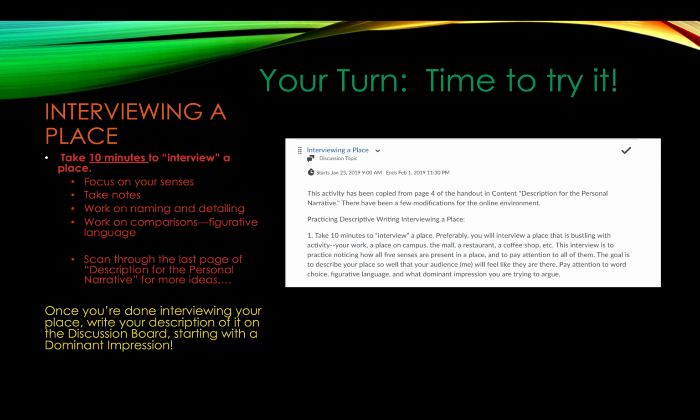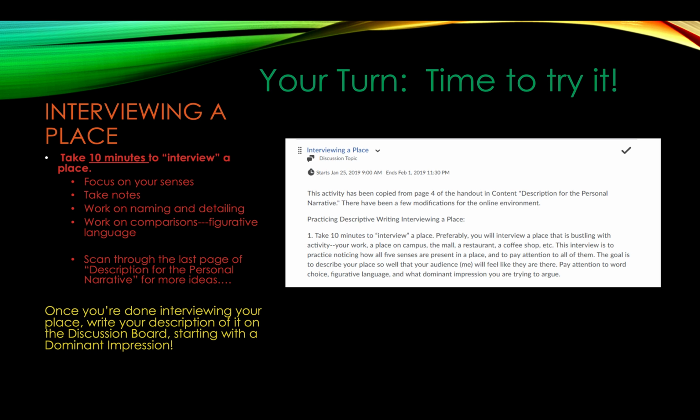I would like you to go somewhere where there's a lot of people and a lot of things happening, and spend 10 minutes with your notebook open and take notes. Focus on your 5 senses. Focus on naming and detailing. What's around? What can you name? What can you describe using adjectives? Work on comparisons.